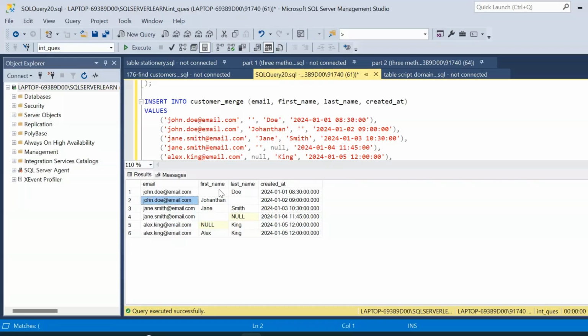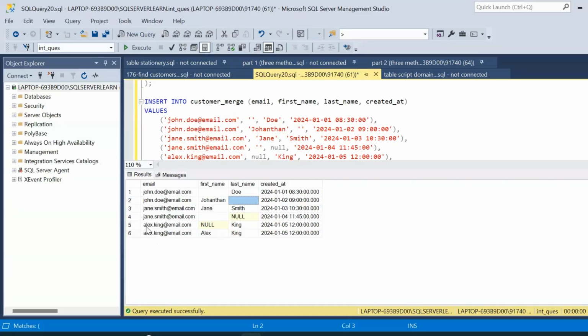And with respect to that particular email, first name is not there for the first record, and we have last name for the first record. And coming to the second record, we can see that we have first name but not last name. But created at is available in both the instances. Similarly, there are cases where emails have first name and last name in the same row and nulls within the second row. And here is another case with respect to the third email ID that we are having in the